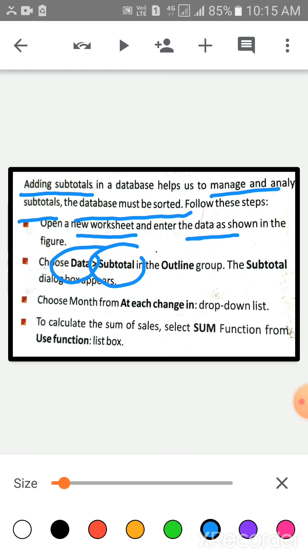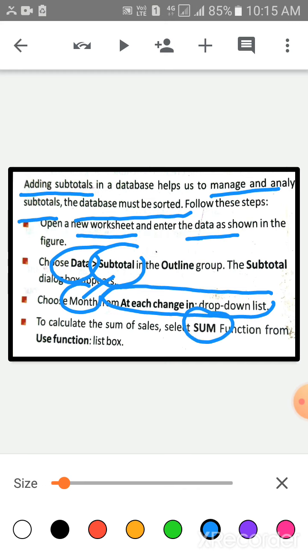In this dialog box, you have to select Month from the At each change in drop-down list. After that, to calculate the sum of sale, select the Sum function in the Use function box.